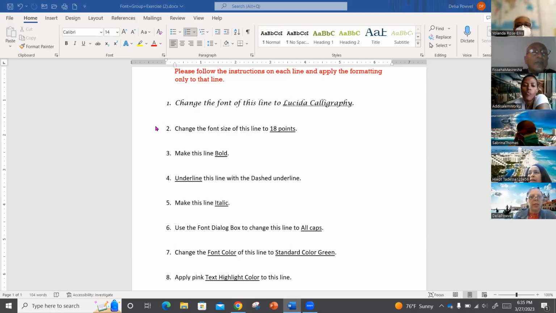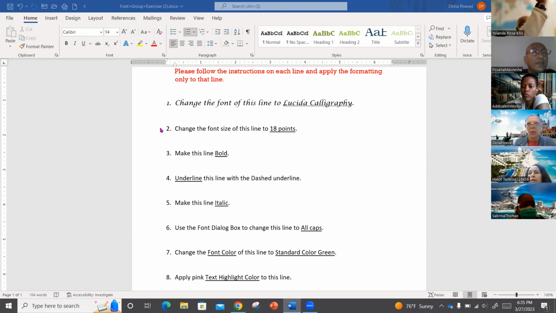Okay, start over then. The white arrow pointing up to the right. Yeah, number two, they say change the font size on this line to 18 fonts. I click first, I